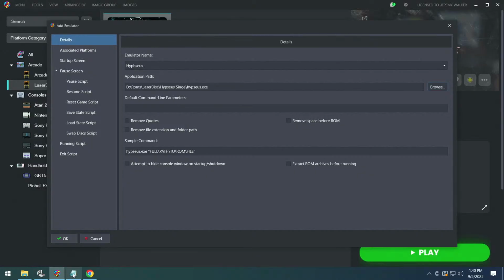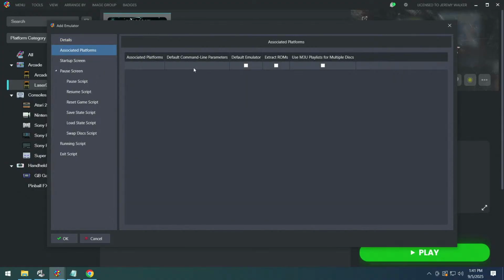So now, okay, so that doesn't do it on there. Console window on startup shutdown. We'll try that. Maybe that's what the problem was. Okay, so associated platforms,